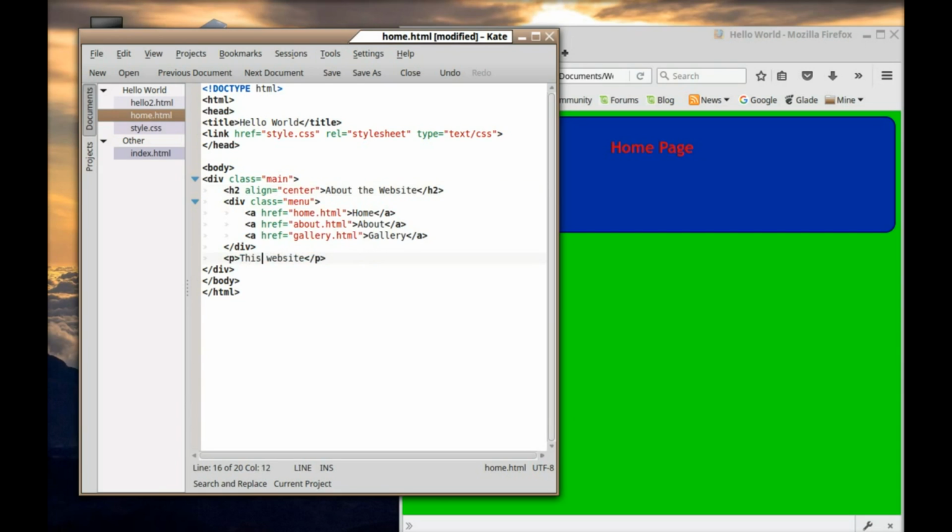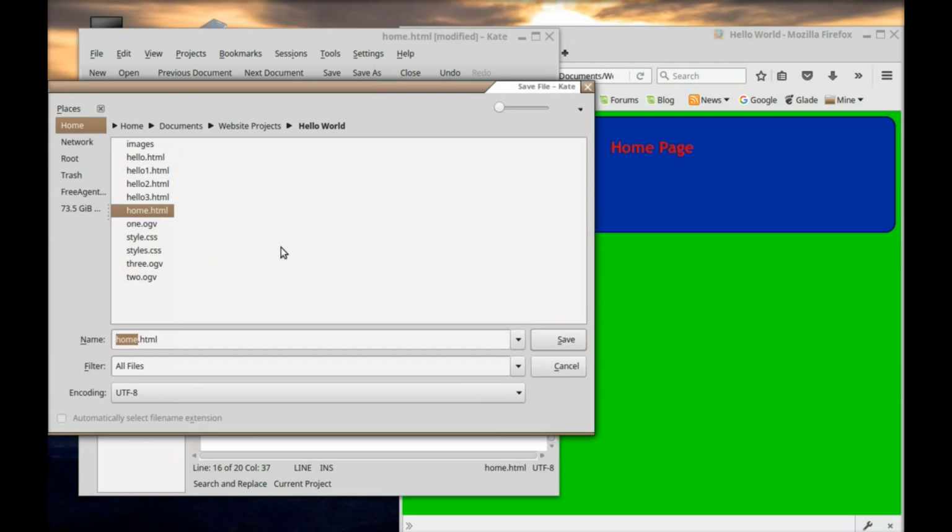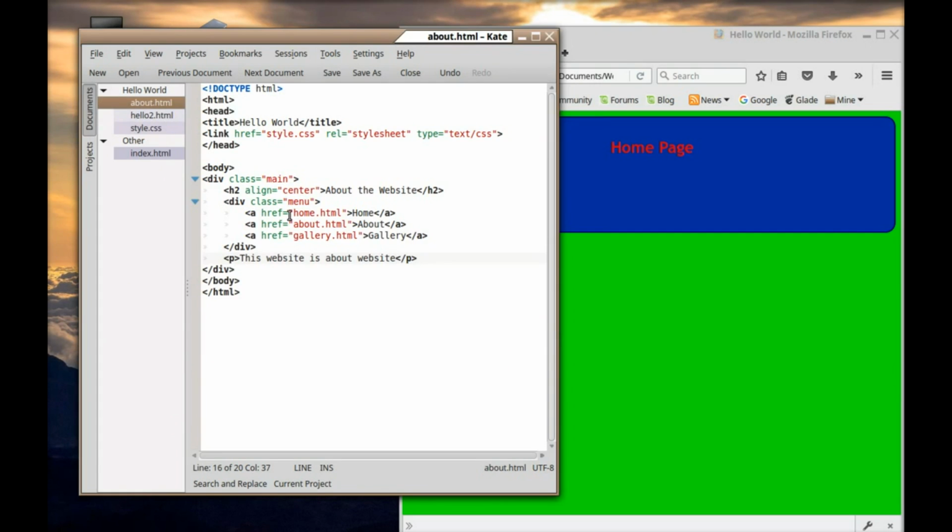This website is about websites, or something. You write what you like in here, just something that kind of distinguishes each one so you can keep track of it. Now we need to do a save as, and this time we will call it about, and save it. And the next one we want is gallery, so we'll save this one and we'll say